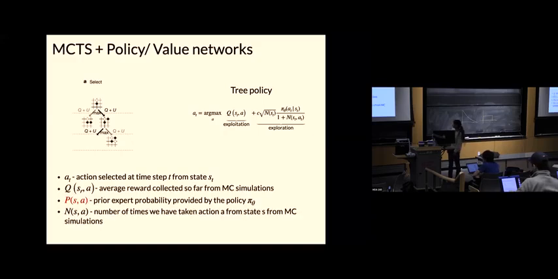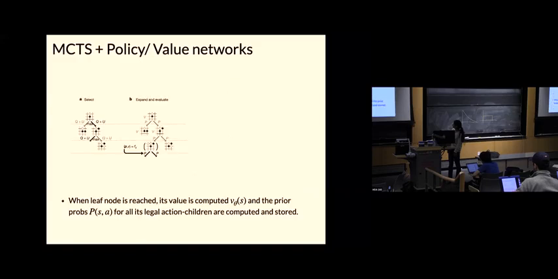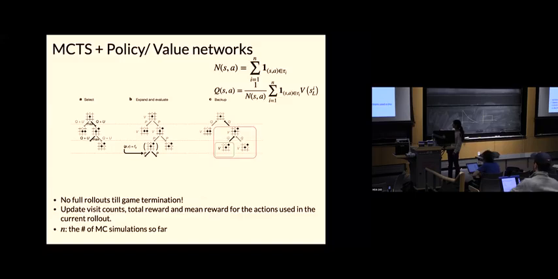This is the prior, and that's why you have Q plus U, the exploration bonus. That prior is the policy. When a leaf node is reached, we compute its prior probability, we feed it into the policy and the value networks, and we save those. This is exactly what we said. Here is the tiny little change, and it's actually a beautiful change because it makes things much simpler. So now you can forget about the cheap rollout policy. We're going to be doing nothing outside the tree.